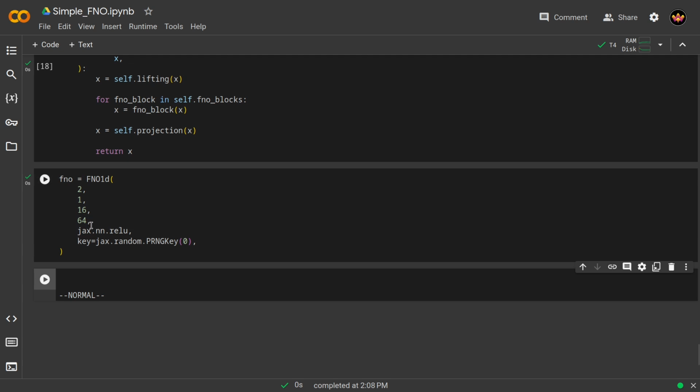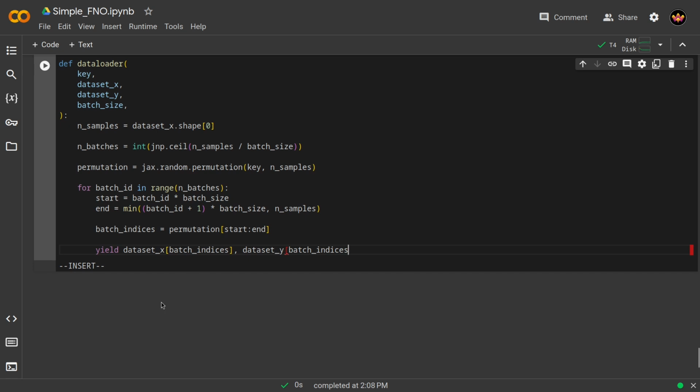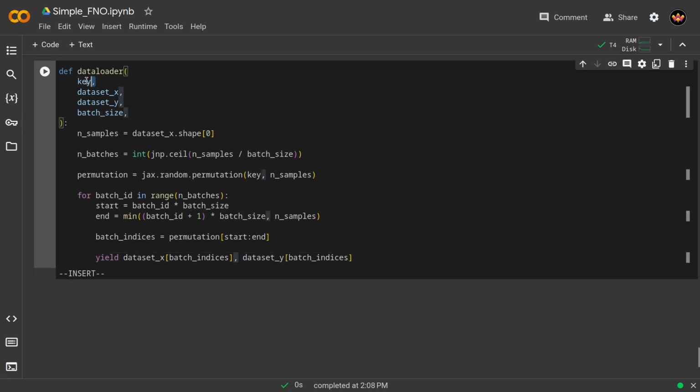Okay, before we now can do the training, I want to implement a data loader because by default, JAX does not come with one. And there's also none in Equinox, but it's very easily implemented. And I just want to copy that in here. Just let us quickly go over it. It takes a key because the dataset is shuffled and pseudo-randomness is deterministic in JAX and reproducible. So we need a key. Then we have the X and Y dataset that we want to shuffle. We have the batch size,